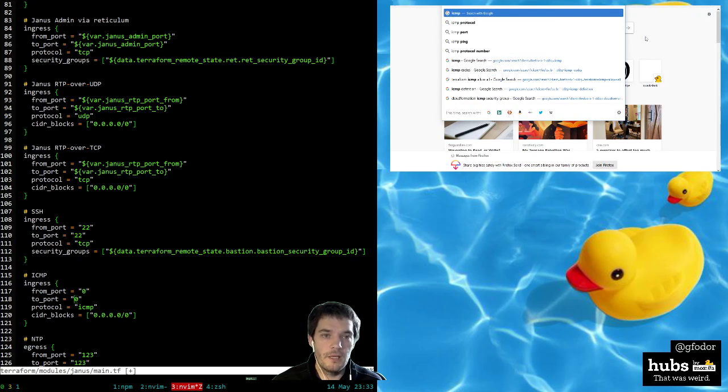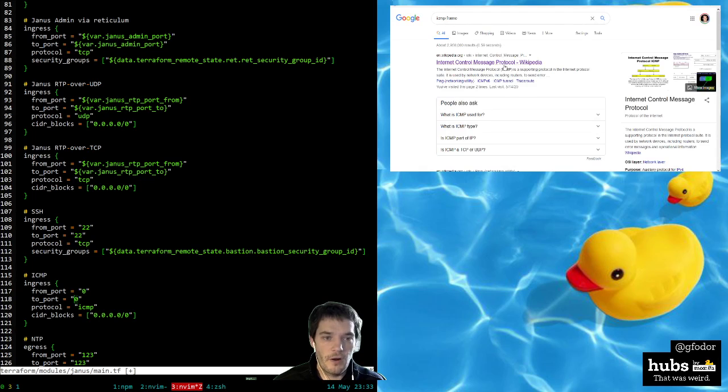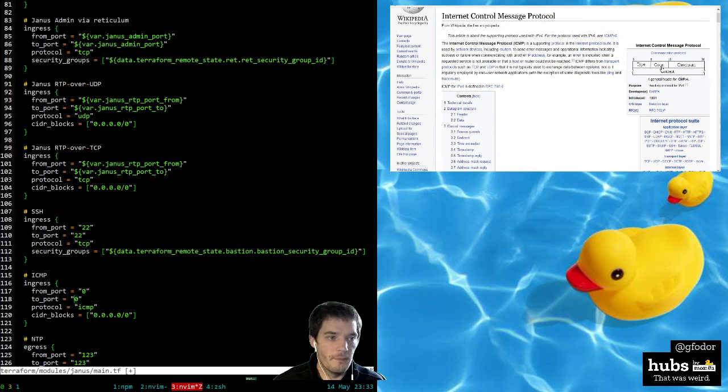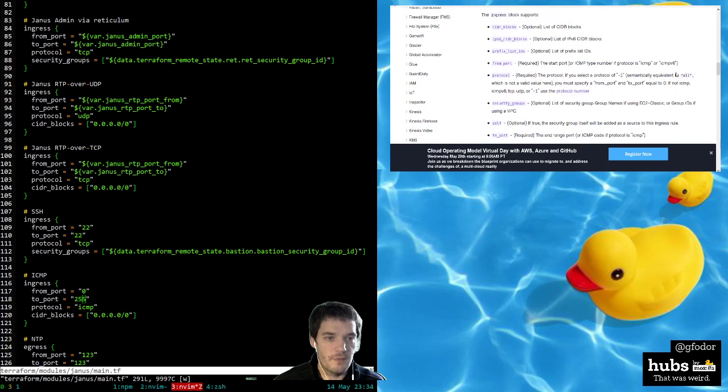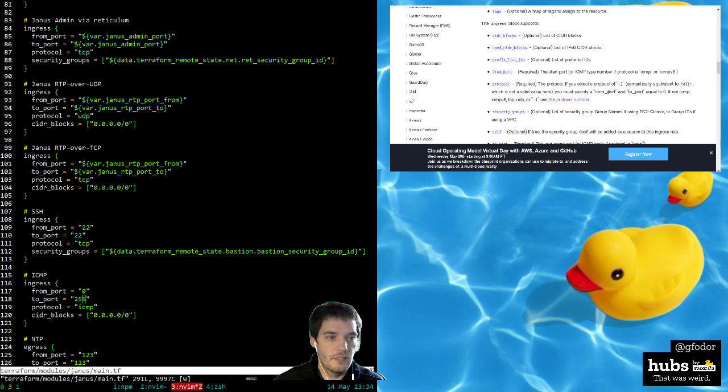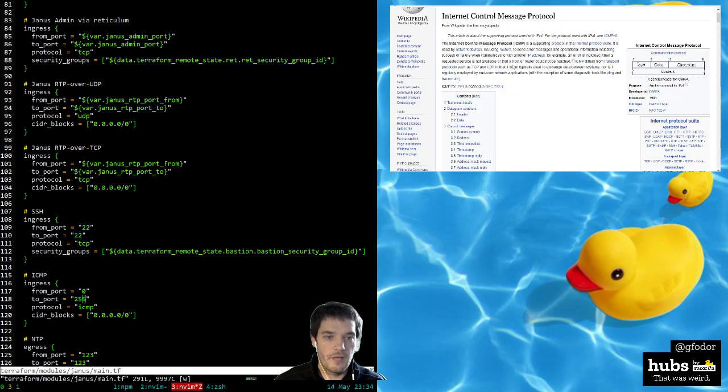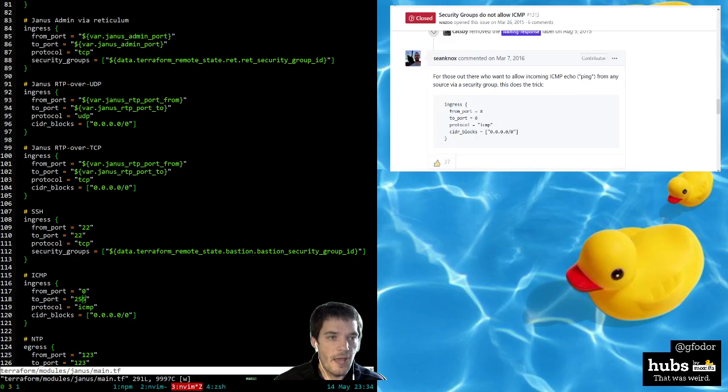So ICMP frame. Let's just figure out how many bits are in that part of the frame. The code has 8 bits. Okay, so that makes it easy. So we know the maximum code is just 255. So basically that's the max code. The from code, I'm assuming they're just doing the same idea. The from is, oh, this is the type number. Okay, so the type number has a range of 0 to 8 bits, and